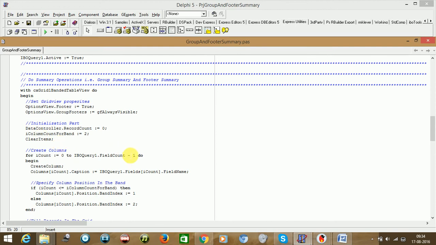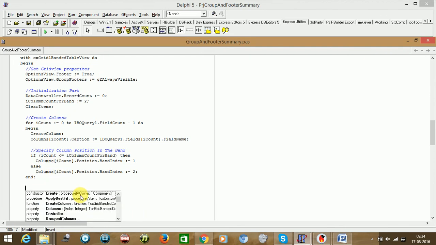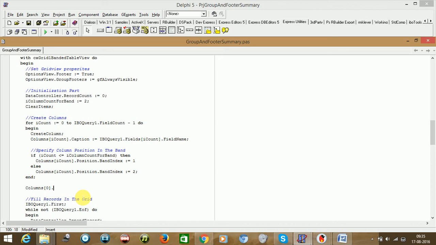Once we are clearing the columns, and once you have created the column, after that you can say columns of 0 dot group index is equal to 0. So this will make the grouping based upon column number 0 here.